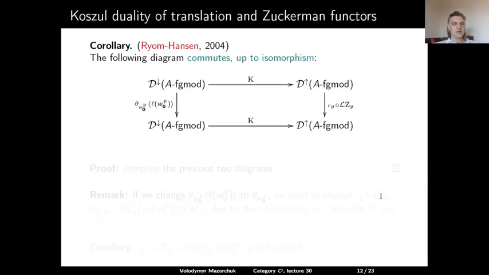So now we can compose these two Koszul dualities to get the following statement: that the following diagram commutes up to isomorphism. So we go from the down arrow regular category to the up arrow regular category. The first path to go there is that we use the projective functor theta w0p appropriately shifted, and then the Koszul duality. And the other way is that we first use the Koszul duality, and then we use the composition of the derived Zuckerman and inclusion. And that this commutes follows directly by composing the first two diagrams.